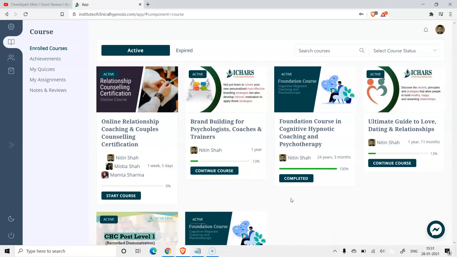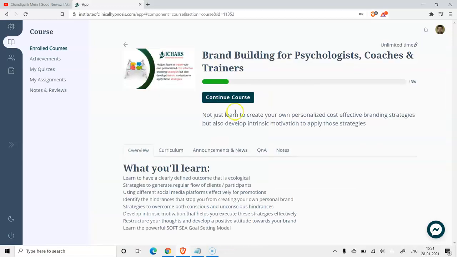If you want to continue a course that you have already started earlier, you can press the continue button. On the courses that you have not yet started, you will notice the start course button, and the courses that you have already completed, there will be a button called completed. You can click any of these buttons and you will be able to go back into the course. When you click the start course button, you will obviously be starting the courses, and when you click the continue course button, it will take you back to the point where you last left the course.